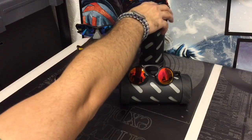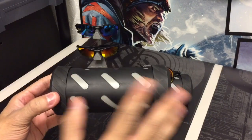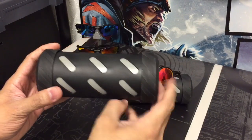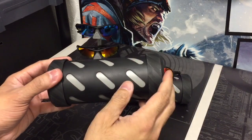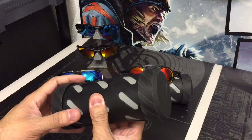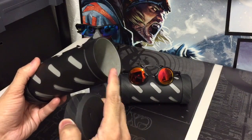What I want to start out by showing you is the redesigned case that these come with. And I thought this was really awesome that they did that. As you guys can see, this is more of a cylinder looking case. It's really nice. It's very rigid, which is nice. So when you do have your glasses in there, it's going to protect them from bumping and crushing and things like that. And then the two sides actually unscrew, so you're able to get into the case